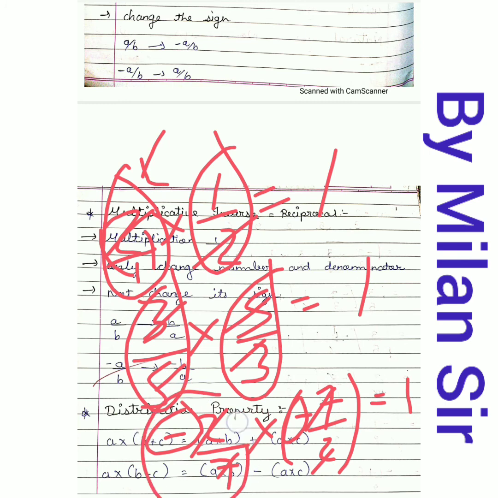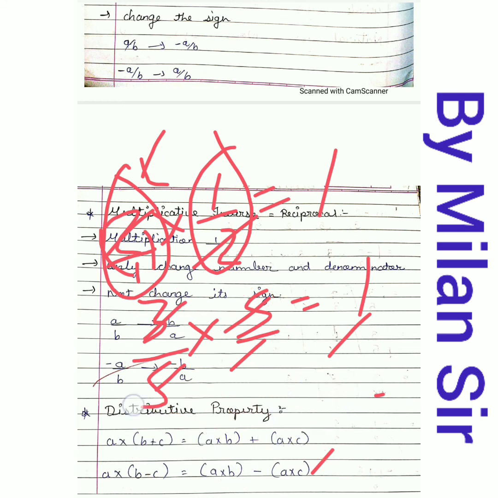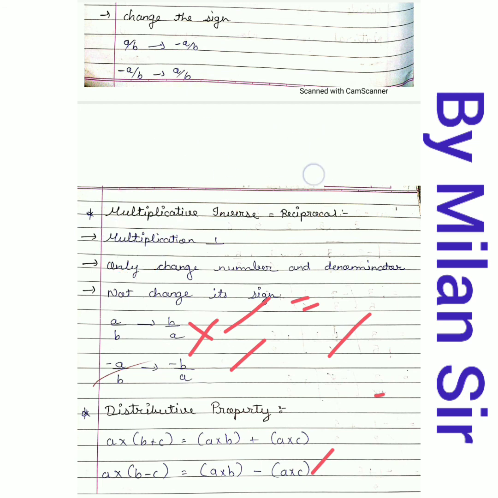If we have minus 2 by 7, first of all we need to change the position, 7 by 2. But we need to keep the same sign. If minus is given here, you need to take minus. Okay, so your minus times minus becomes plus. So in multiplicative inverse, we only need to change the numerator and denominator that I wrote here. No need to change the sign. In additive inverse, we change the sign only. In multiplicative inverse, we change the numerator and denominator only.